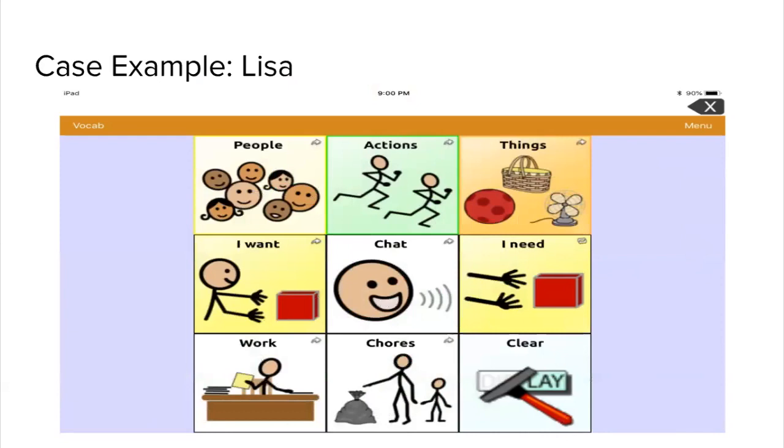And Lisa is one of those people that really, really, really did not want anybody to touch her device. She had real ownership. And so we really used that skill. We made sure that she could care for her own device, and that she wasn't going to let anybody take it away from her, and make sure that it was plugged in so that she could use it and use her words. And when she didn't have her device, her levels of disruptive maladaptive behavior went way up.